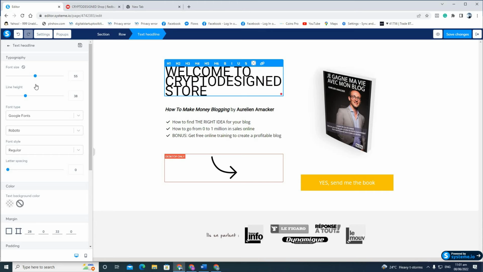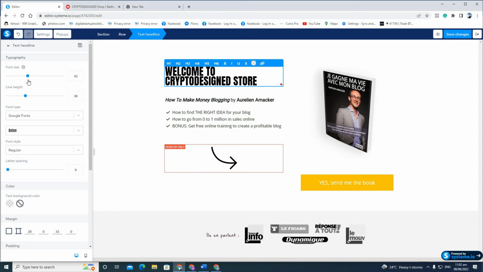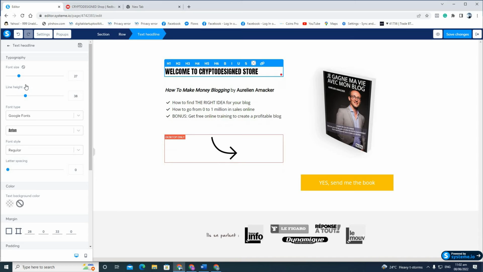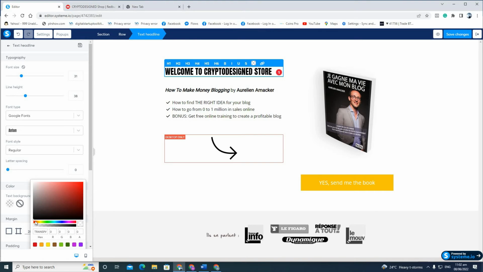I want to get it a little bigger, and I want to change the fonts. Go to Google Fonts, and I will choose this one, Anton. Okay, I will just resize this one. Okay, I think that's good. And I want to change the color background. I want to change something with pink, green. Okay,